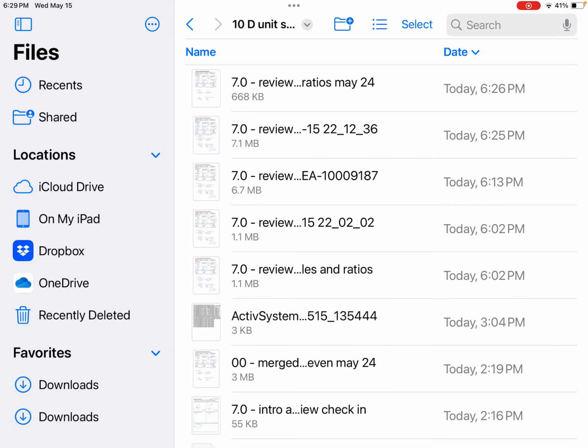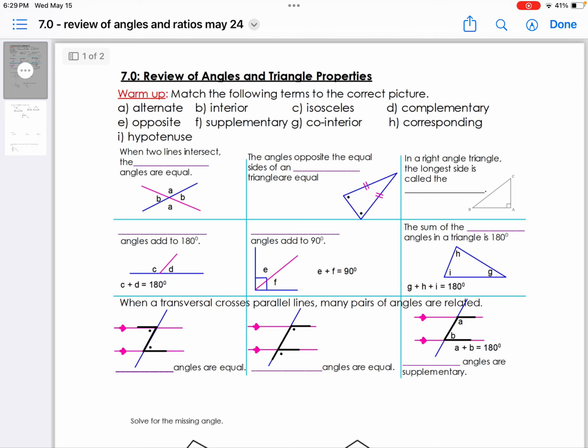Okay, so today we are going to start reviewing triangle and angle properties so that we are able to solve triangles, using not only trig ratios, which will be chapter 8, but in chapter 7, looking at relationships within triangles and deciding how they are going to be similar, which means that the triangle has particular properties that we can use to find side lengths or maybe angles and apply those to real life situations, such as if you have